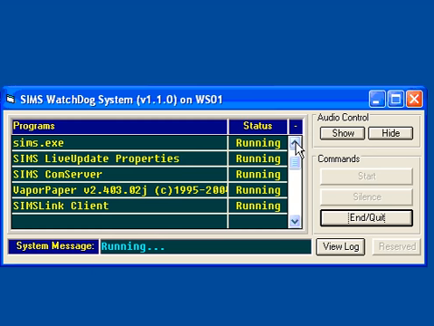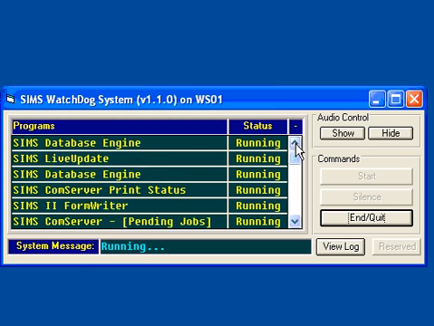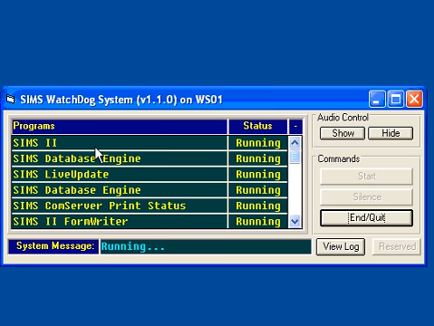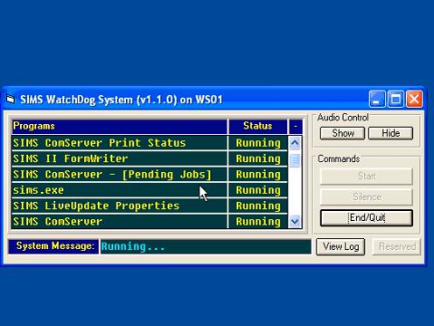I've actually started running all of the different SIMS products on our test setup here. And you can see the SIMS 2 at the top is the SIMS for Windows. We have the database engine running, live update. We have another database engine running, COM server print status, form writer, COM server print status. We'll show the child